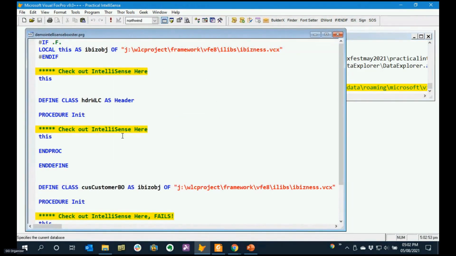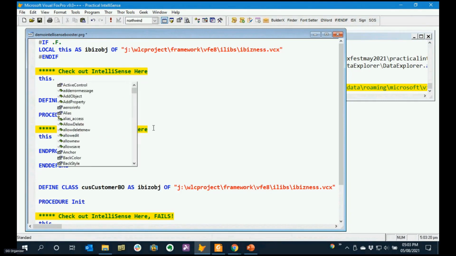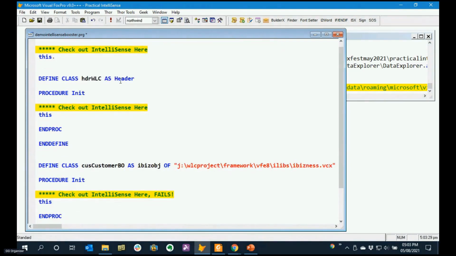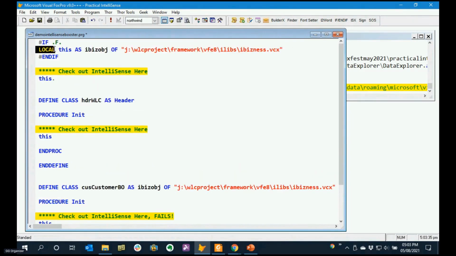So years ago, Paul Mrozowski was presenting one of his many presentations for the Detroit area Fox user group. He was talking about IntelliSense and some other coding technique that he was working on. And I saw him do this in a PRG-based IntelliSense script: he had a this, and he hit dot, and he had his member list drop down. I did not understand how that worked. In reality, Paul had more code like this, where he was not showing his trick. So I'm going to share his trick with you, and that is you can define local this as